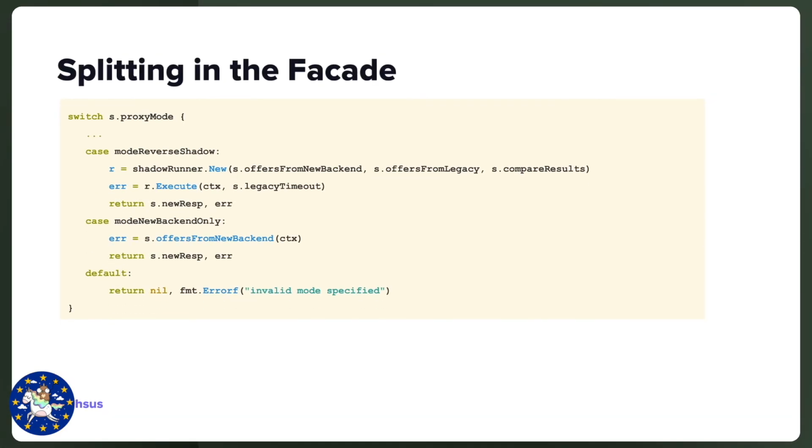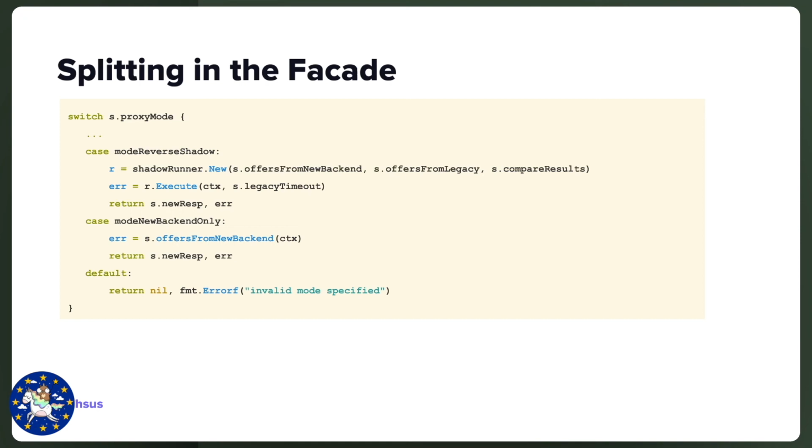And so in the splitting phase, this is what the code in the gateway would look like. So going back to the switch case that we'd seen earlier, here you see two more cases added to the switch case. The first one